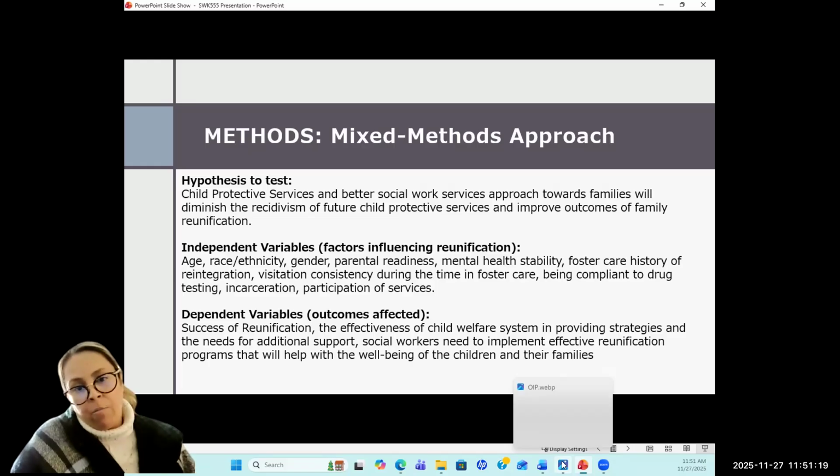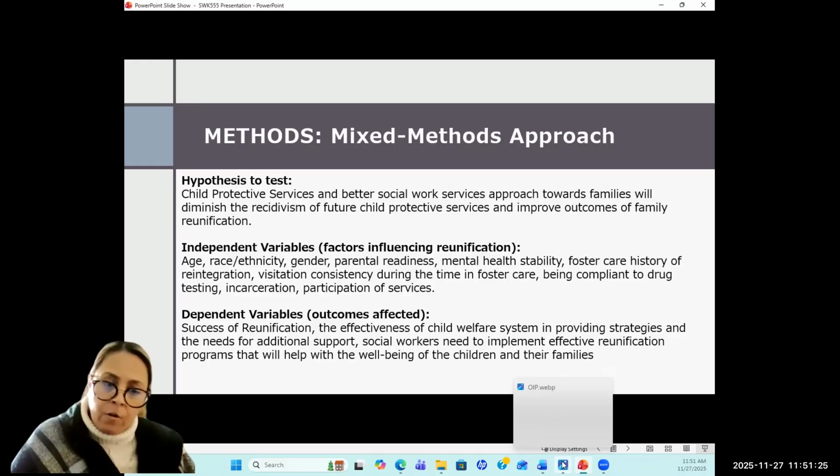And the dependent variables, of how it can be effective, the outcomes is success of reunification. It is a possibility, and not having to reintegrate into the child welfare system. The effectiveness of child welfare systems in providing strategies and the needs for additional support. Social workers need to implement effective reunification programs that will help the well-being of the children and their families.